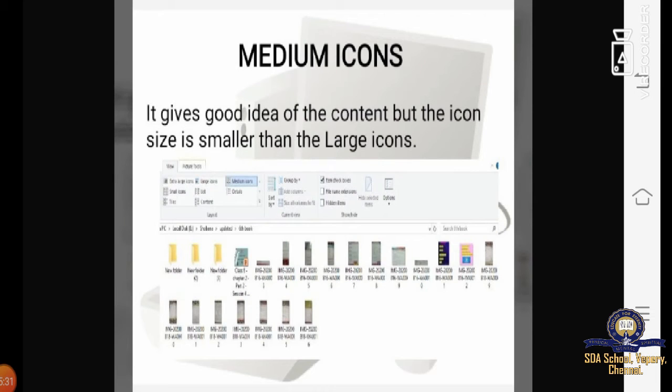The next we are going to study is medium icons. Medium icons give a good idea of the content, but the icon size is smaller than the large icons.